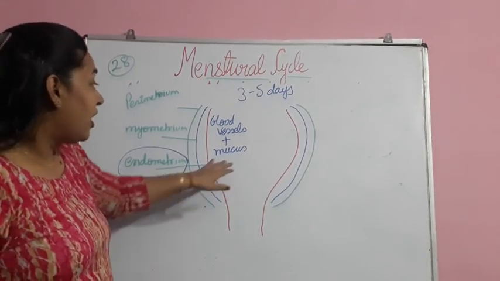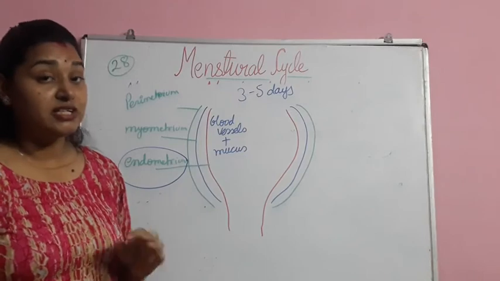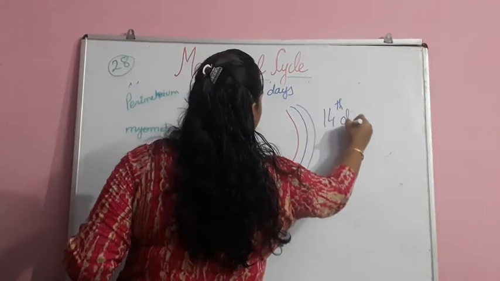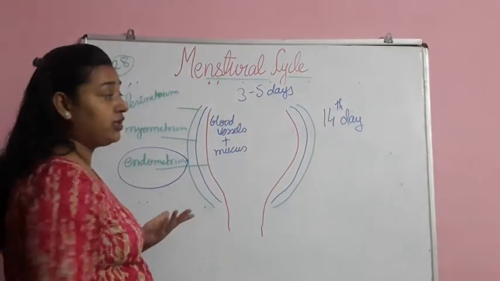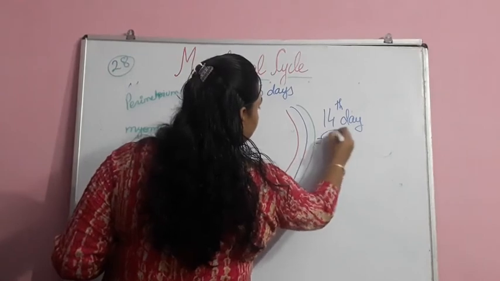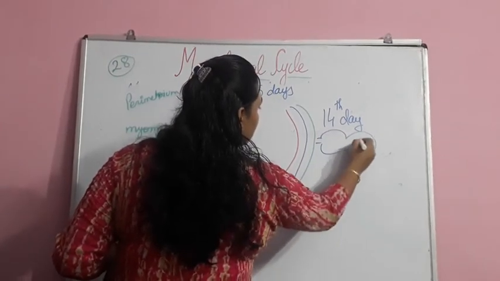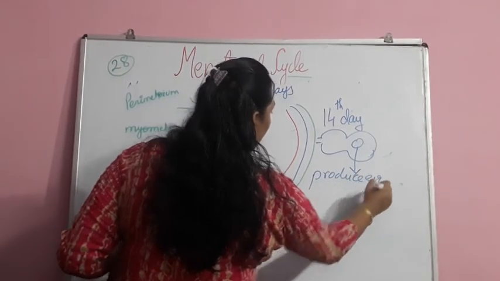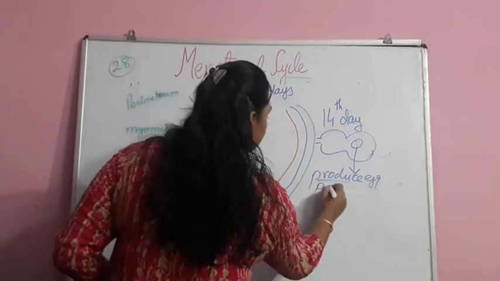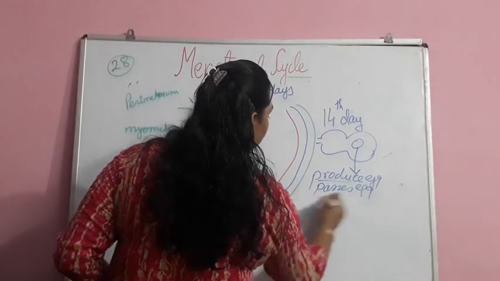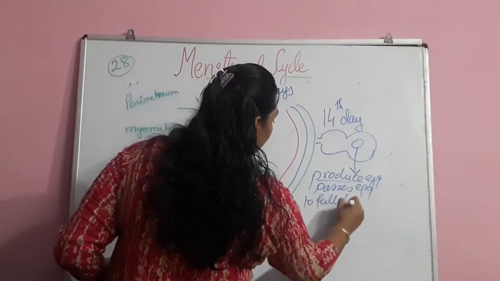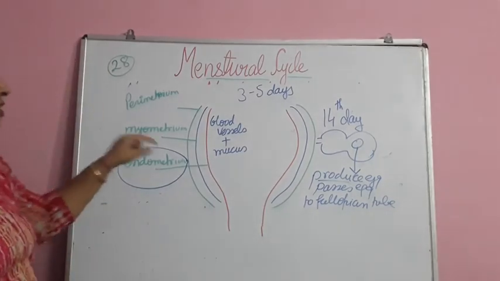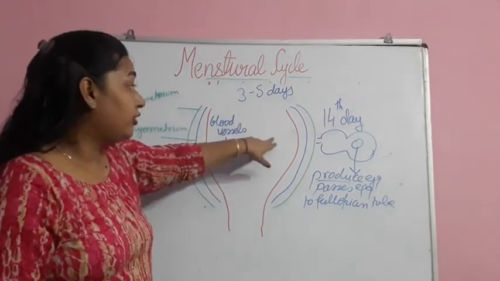One more thing is that from the first day of the menstrual cycle it is counted that on the 14th day, probably, the ovary is going to produce an egg, or it passes the egg to the fallopian tube. Got that? So from the first day of menstruation you will count, and when the 14th day reaches,